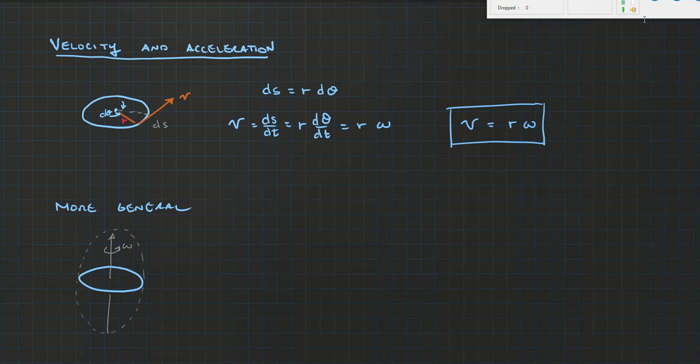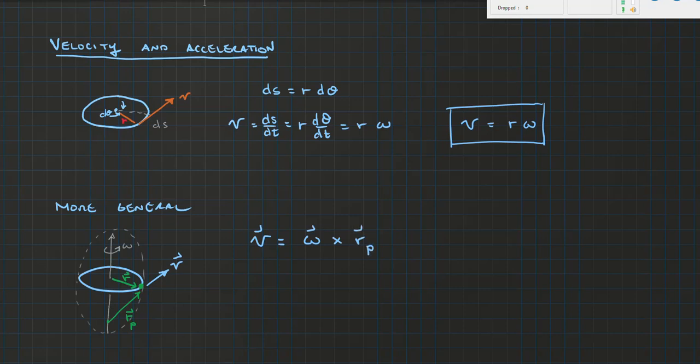So we have our rigid body rotating about some axis in space. We can look at a point again out here, and we can draw a position vector to that point. In fact, in the most general sense, we could draw a position vector from any point on this line of axis, the axis line. And I can come up then with a relationship for the velocity vector, and that vector is going to just be omega cross r